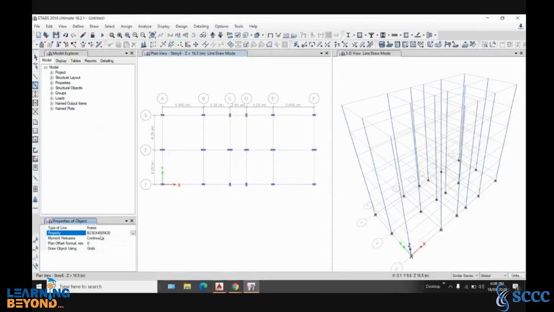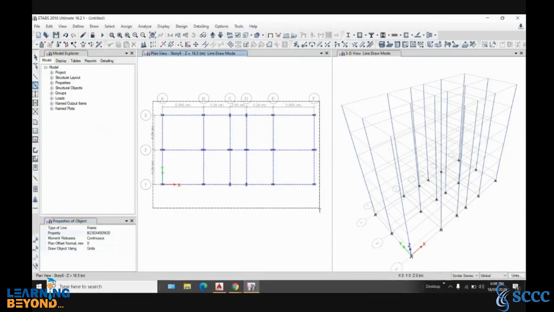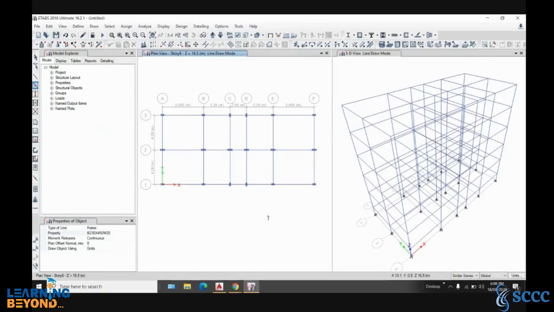So you have to see that first, and then in single click you can see I have drawn all beams. As I have considered it similar, it has not drawn anything at base. You can see that.